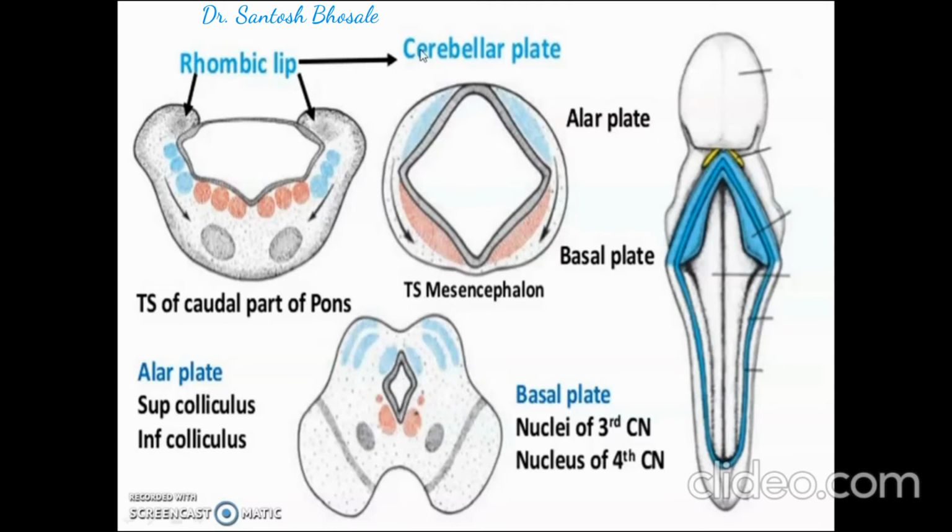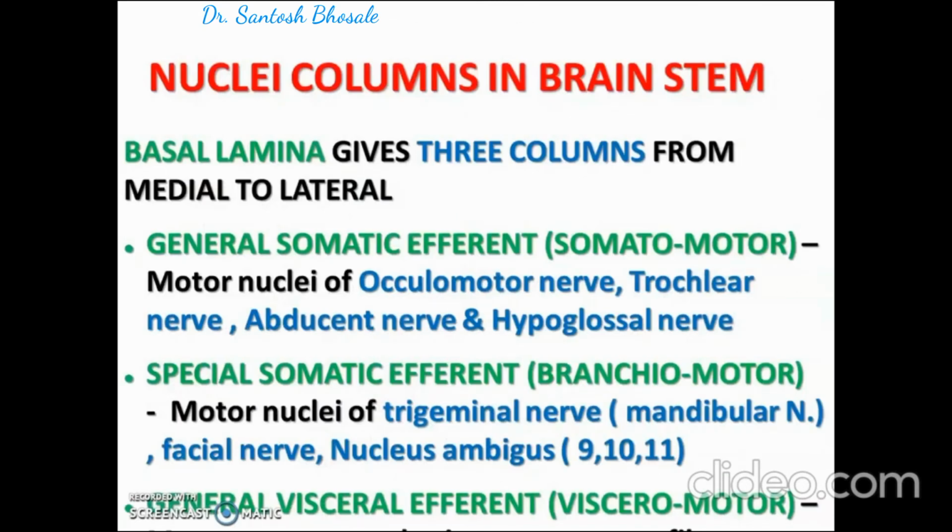forming the sensory nuclei, as you see in the midbrain, whereas in the middle of the brainstem there will be acute ventral pontine flexure leading to this structure where alar plate lies laterally, basal plate lies medially. So in the pons and upper part of medulla, you will see motor nuclei are medial, sensory nuclei are lateral. That you will come across when we discuss the sections of pons and upper part of medulla in detail. Okay, whereas midbrain and lower part of medulla, the motor nuclei are anterior, sensory nuclei are posterior, and the nuclear columns are given by the basal lamina.